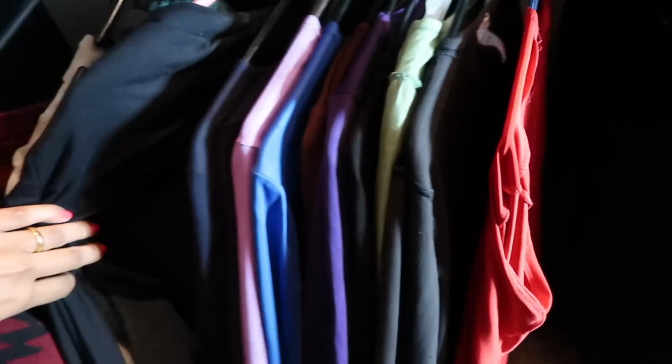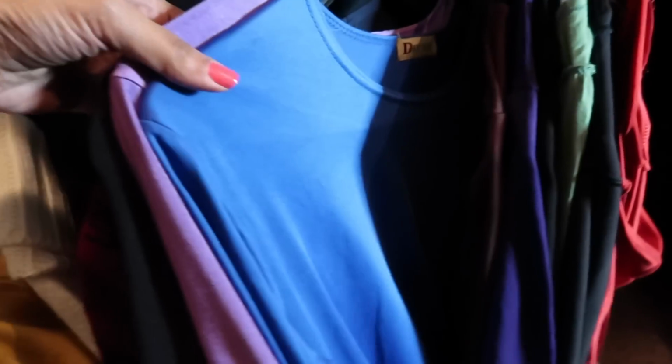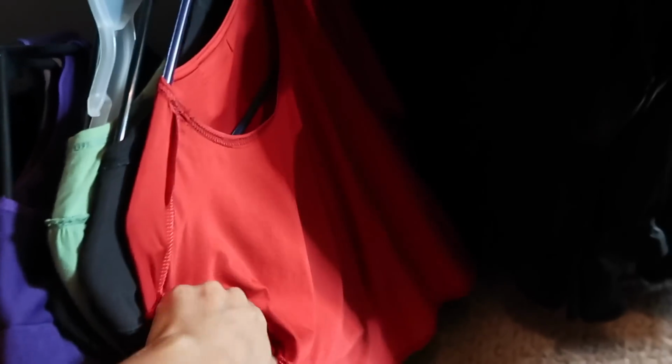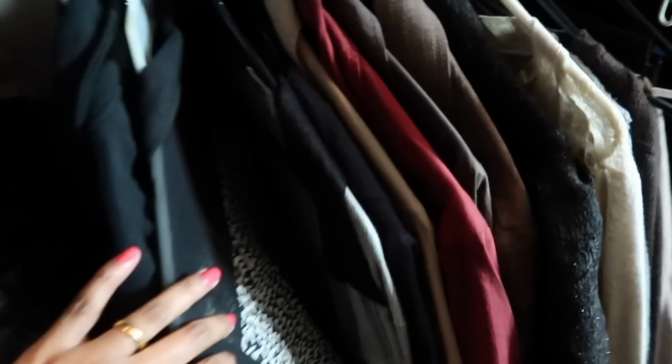Yeah, we have some more shirts. These are from Sudan. All of these are Karinas, basically, which is like a body, it's skin tight. I have them in every single color. So these are Karinas, red, and then I have some work clothes over here